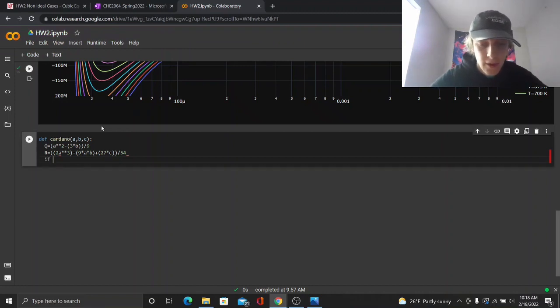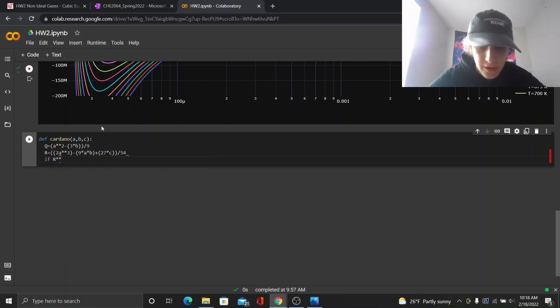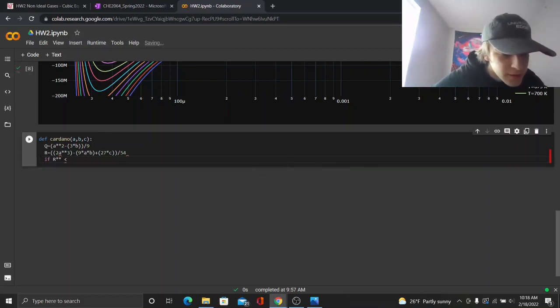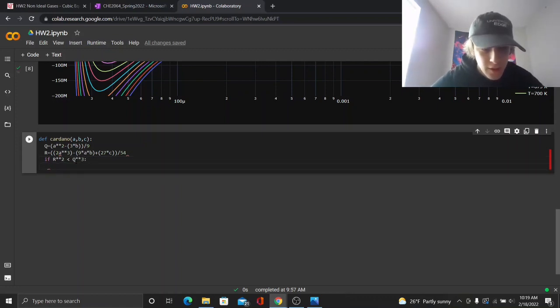So if R squared is less than Q cubed, then